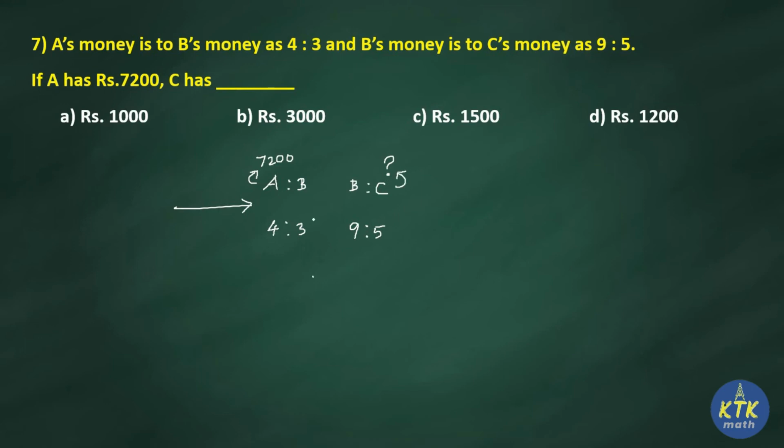This is the question. But before solving this, we must combine these two ratios, because you know that B is the common term between both the ratios. Okay, so for example, if you have one ratio as 2 is to 5 and another ratio as 5 is to 7, then you can easily combine this as 2 is to 5 is to 7. So you can combine these two ratios only when they both are equal. Okay, but in our case we have 4:3 and 9:5.